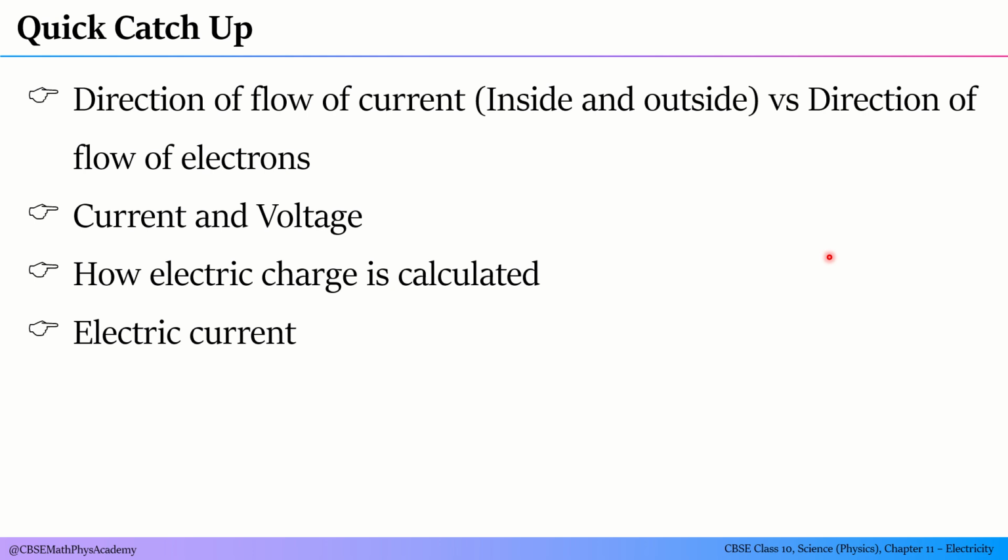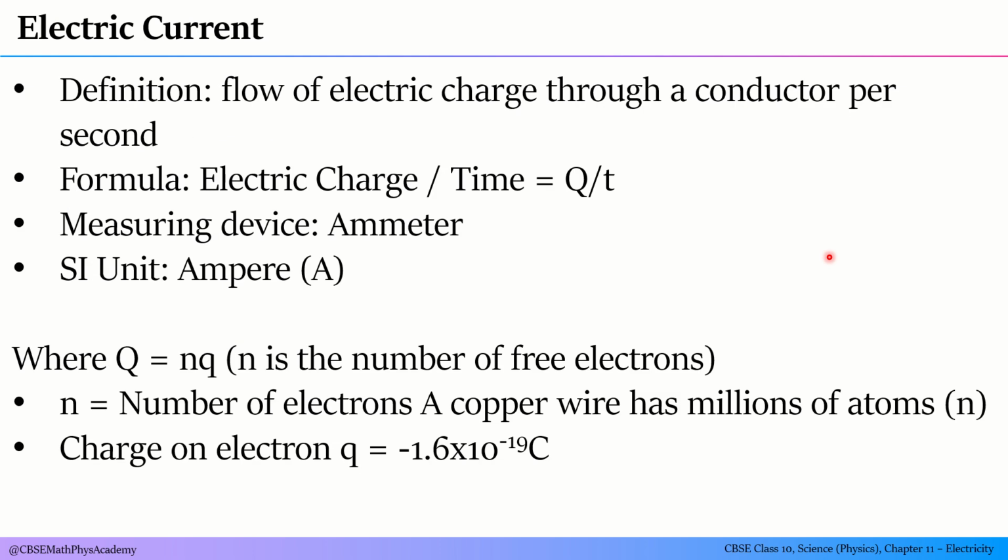We mainly focused on the direction of flow of current inside and outside the circuit, that is inside a battery and outside a battery, which is opposite to the direction of flow of electrons. We saw the main difference between current and voltage, how electric charge is calculated, and we also saw the calculation for electric current. Just as a refresher, because the idea of electric current is very important, let me go through